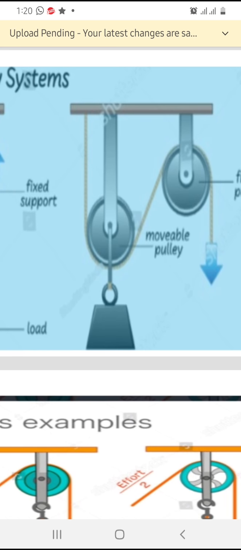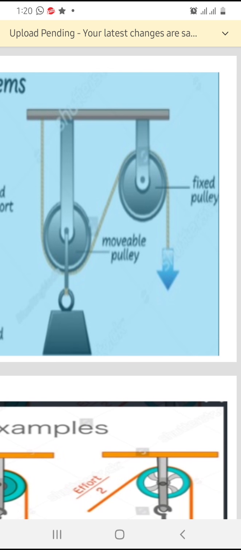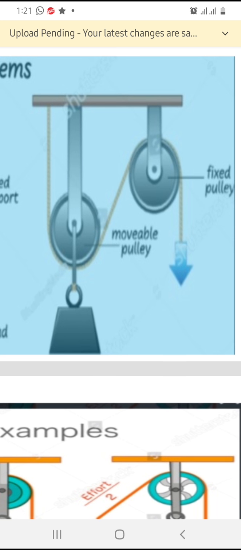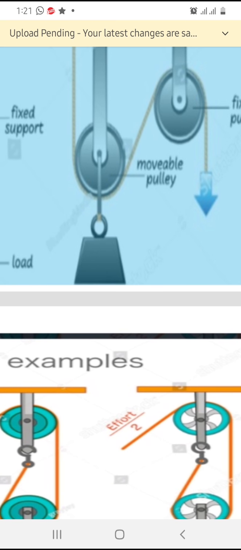Yes, this is another kind of pulley. This is a movable pulley. You can see there are two pulleys working here. One is fixed pulley, another is movable pulley. Both pulleys are working together. In this movable pulley, one end of the rope passing around the pulley is tied to a rigid support and the effort is applied at the other end of the rope. The weight or load W is lifted, hung from the hook of the block.